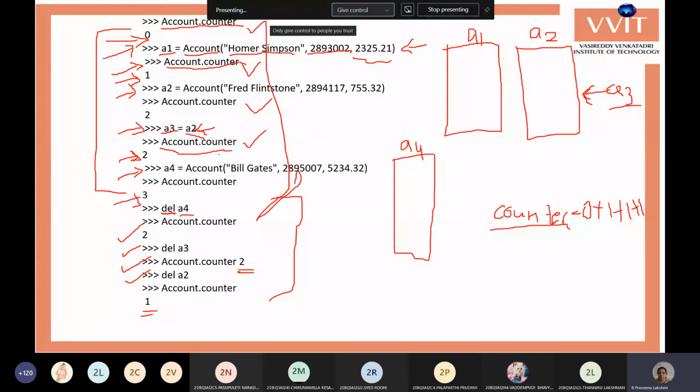But instance variables are created for each and every object. For each object, the instance variables are different and their values are different. So you'll see an example for these class variables and instance variables.